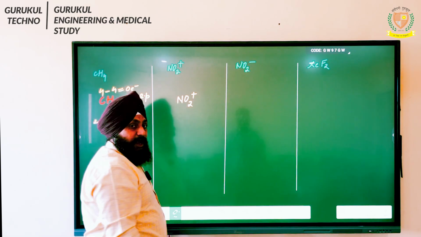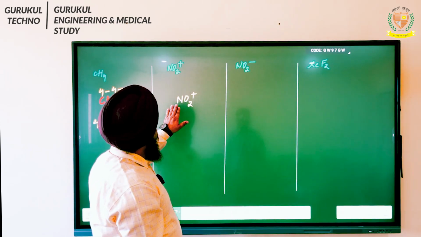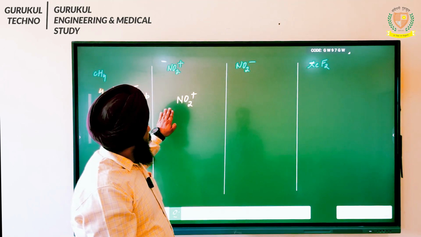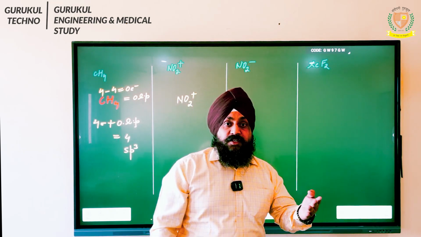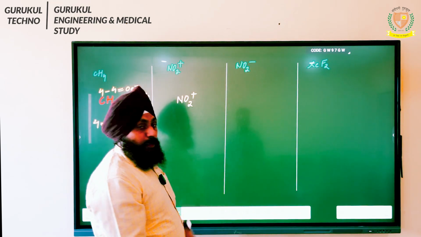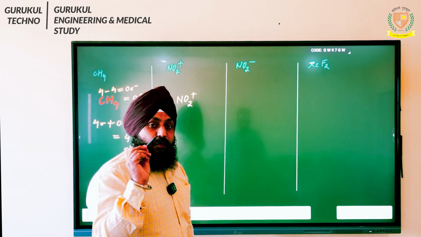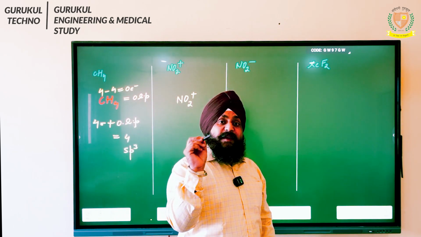Students, अब इसमें क्या है? NO2 प्लस लिखा है. तो what you will see, what you will do, नाइट्रोजन के आउटर मोस्ट शेल में, वैलेंस शेल में कितने इलेक्ट्रॉन होते हैं? 5. ओके, नाइट्रोजन फैमिली के वैलेंस शेल में कितने इलेक्ट्रॉन होते हैं? 5. बट सिंस मॉलिक्यूल के ऊपर एक पॉजिटिव चार्ज है तो we will subtract 1 from that particular 5. तो it will be 5 minus 1.